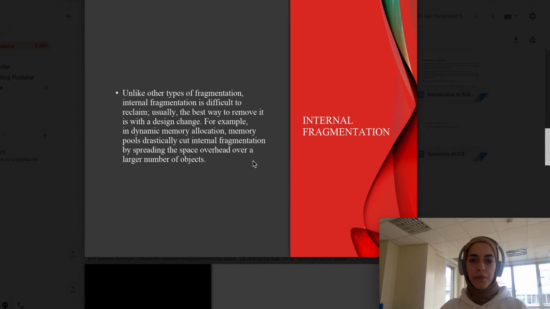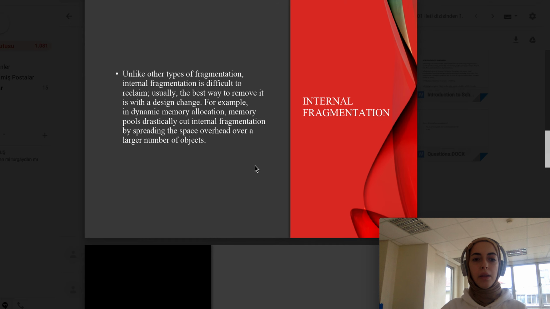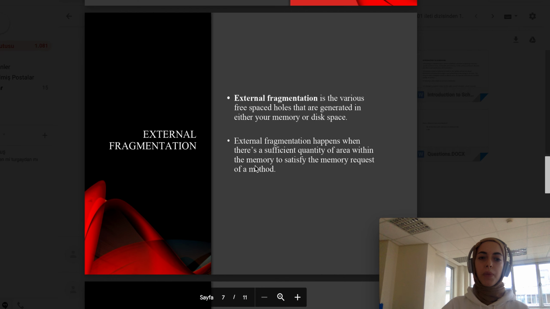Unlike other types of fragmentation, internal fragmentation is difficult to reclaim. Usually the best way to remove it is with a design change. For example, in dynamic memory allocation, memory pools drastically cut internal fragmentation by spreading the space overhead over a large number of objects. External fragmentation is various free space holes that are generated in either your memory or disk